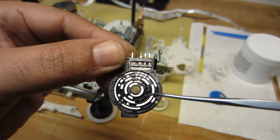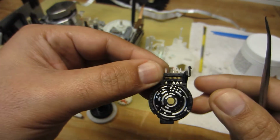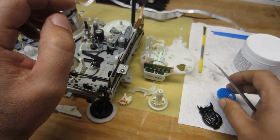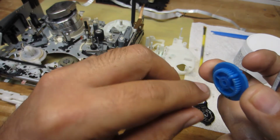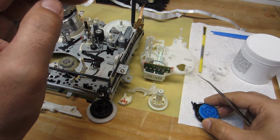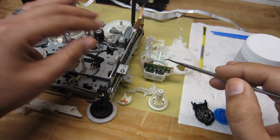I've applied a very light lubricant over the contacts, and so I'm going to get this soldered back to the PCB here, and we'll get this mode switch gear. Once I get it snapped back into position, we'll get everything aligned properly, and then once the assembly is all put back